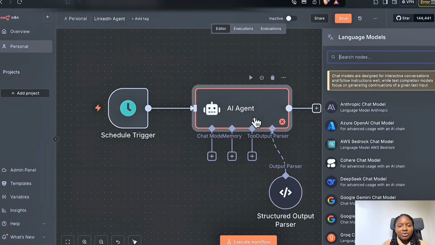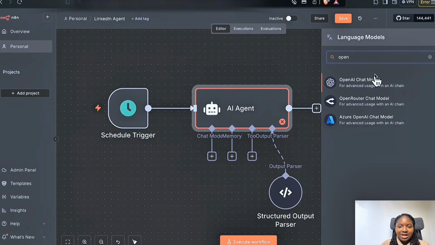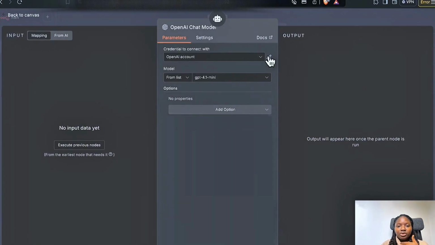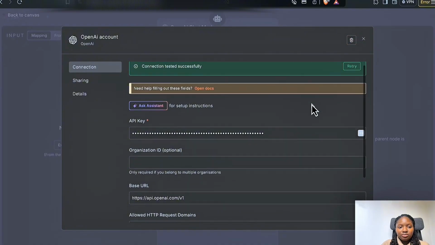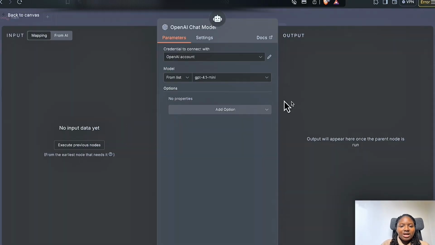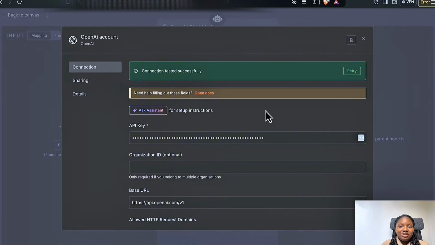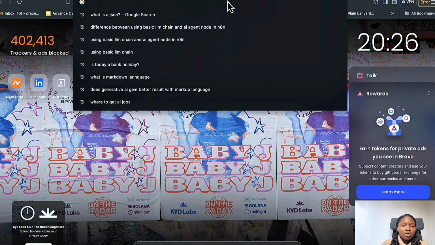So the chat model we are going to be adding, click on chat model here and look for OpenAI chat model. I'm just going to show you how to connect it. My OpenAI chat model is already connected, so I won't need to connect again. But to connect it, you just need your API key. So how do you get your API key from OpenAI? Of course, you need an OpenAI account, a ChatGPT account, and then once you have an OpenAI account, just go to